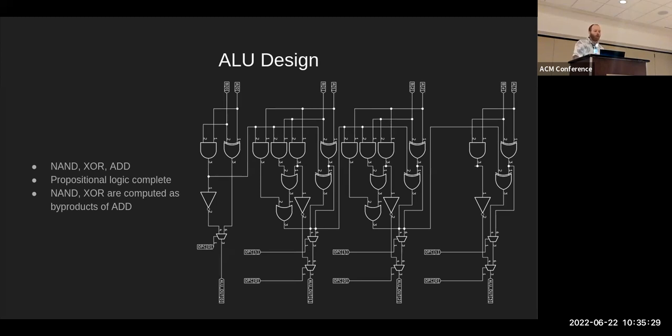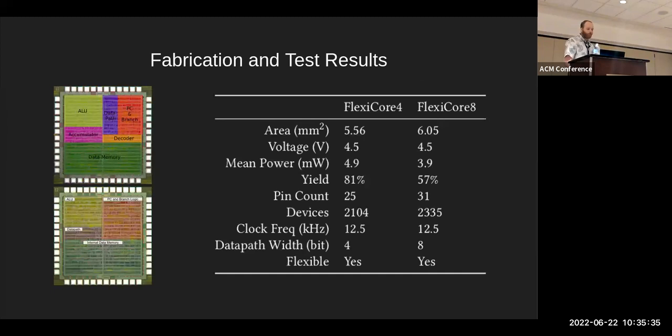In order to determine whether this tiny design could achieve high yield and thus support low cost at high volume, we had to build and test some chips. Here are our fabrication results. First, we achieved a high yield, especially for the smaller FlexiCore 4 cores. Importantly, this is a commercially viable yield that can lead to sub-cent pricing. Therefore, IGZO TFTs can enable active electronics, which meet the stringent conformality, thinness, and cost requirements of computational deserts.